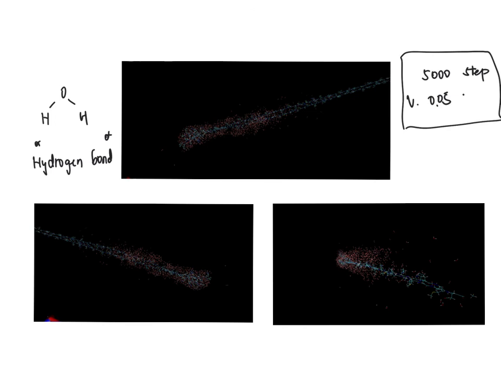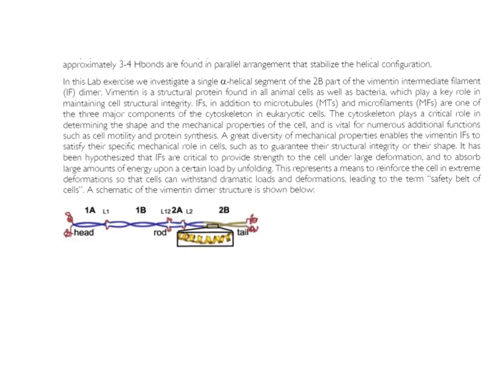Another fact of protein and hydrogen bonds is that hydrogen bonds provide the most directional interactions that underpin protein folding, protein structures, and molecular recognition. And the core of most protein structures is composed of the secondary structures such as the alpha helix and beta sheet. And if we bring back the original diagram of our lab, since our aim of this lab is to investigate a single alpha helical segment of the 2B part of the vimentin intermediate filament dimer, which is labeled here,